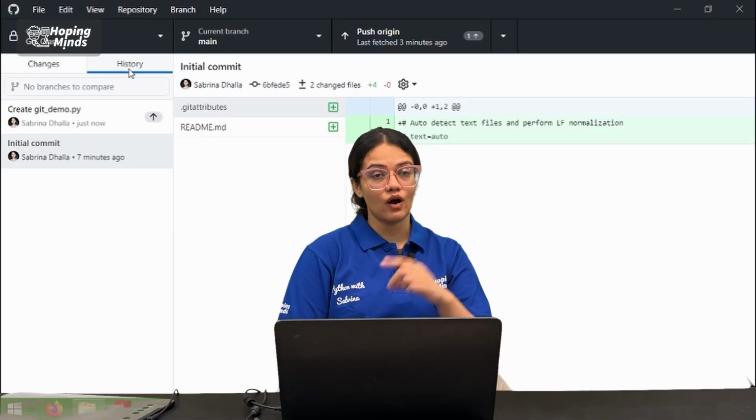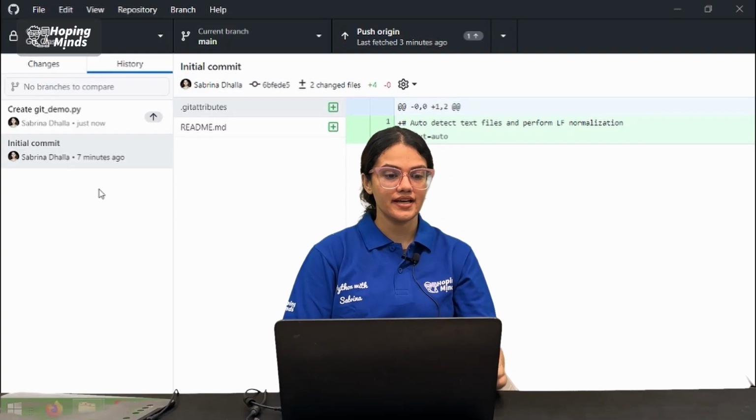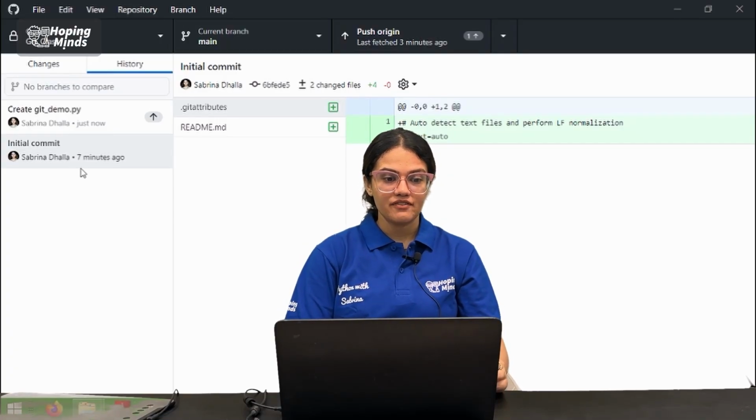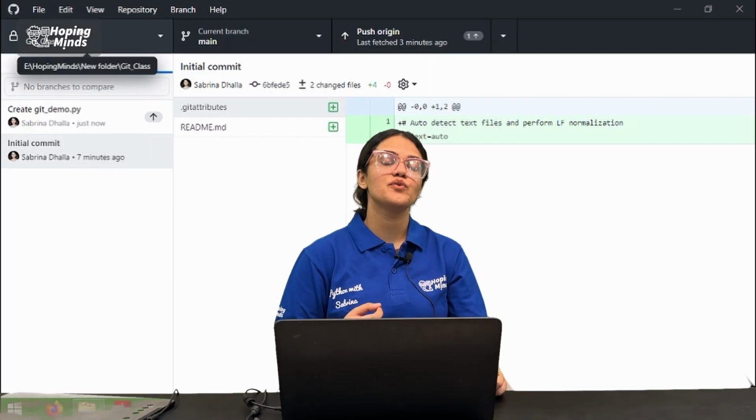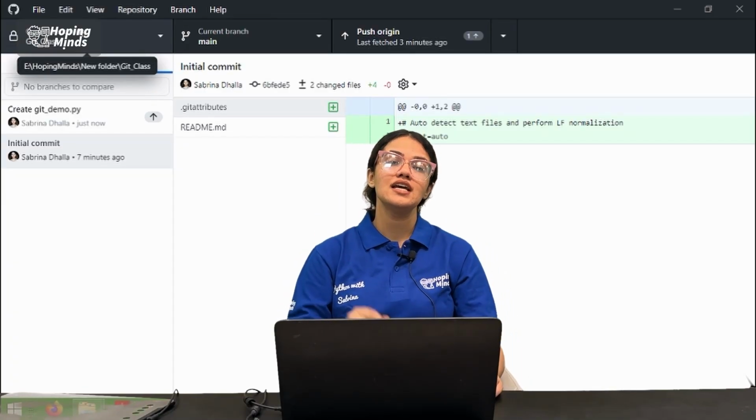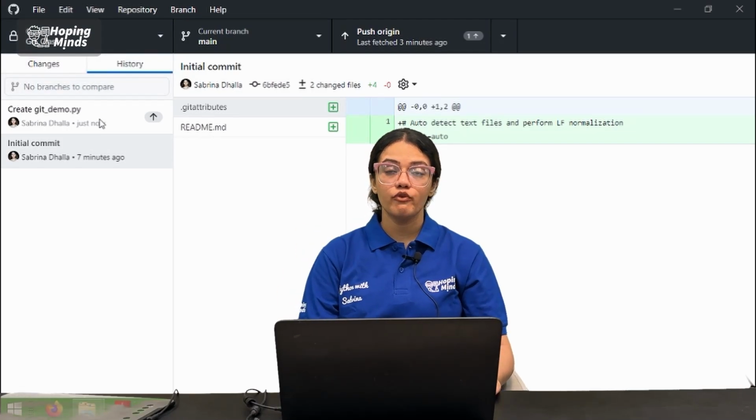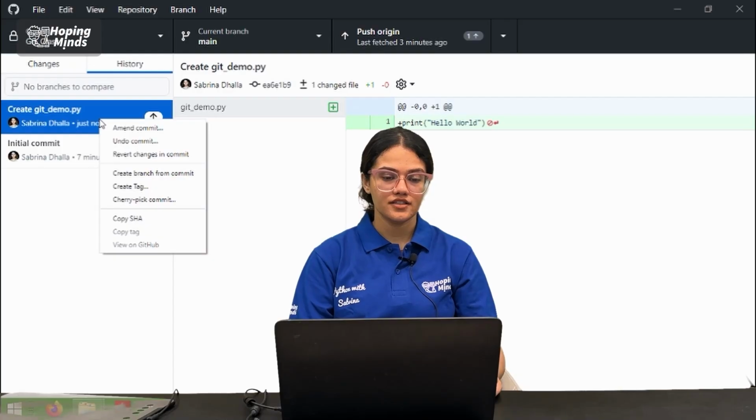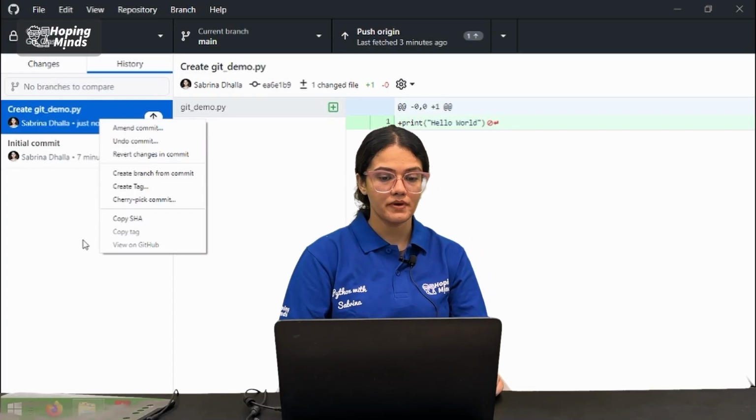But if I now go to the history tab, I have this create demo.py, which I have done just now. And now we can see how the version control system works. Inside the history, you have the history of your entire project. These many changes have been done, at what time have been done, and if you want to revoke these changes, you can definitely do so. Just right click: amend commit, undo commit, revert changes. These are certain options. I'll show you, but for now,